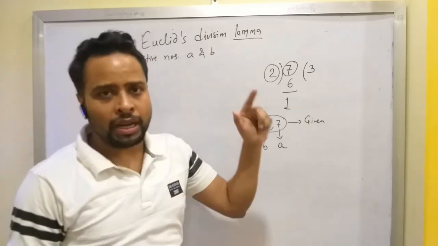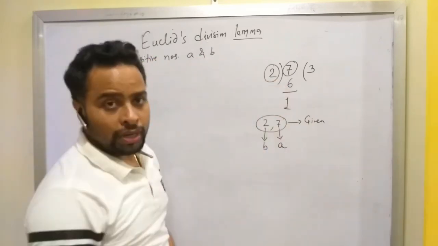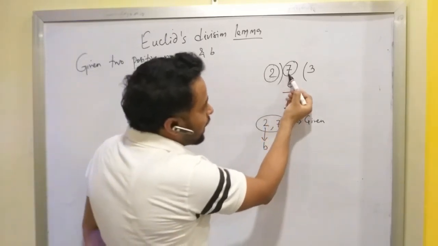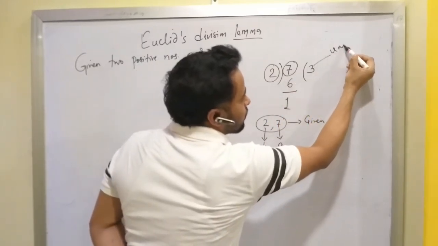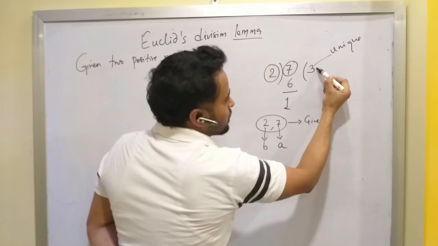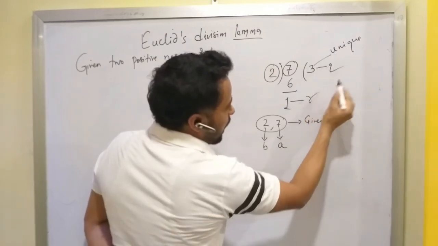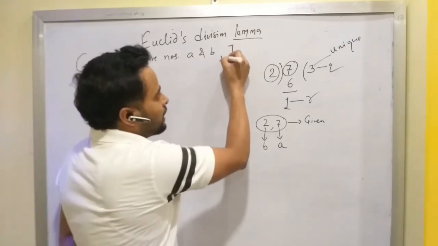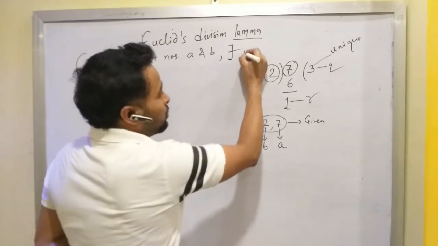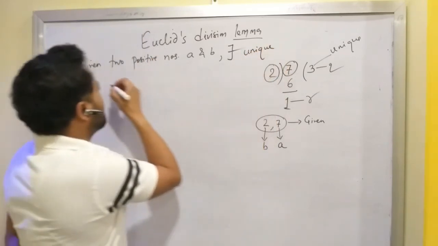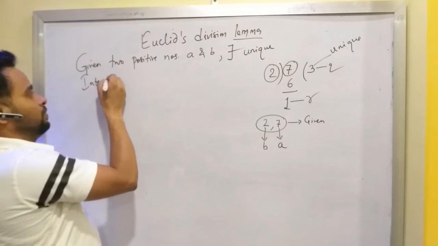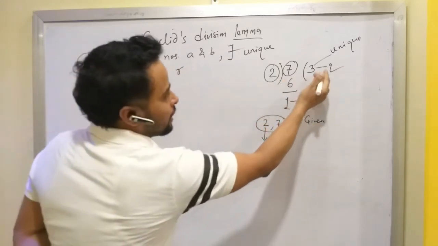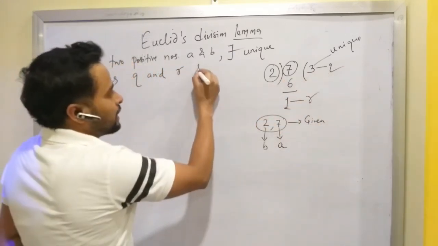Here we have Euclid's division lemma also. They are using division, so I am showing you the division. Given two positive numbers A and B, now because of this A and B, there exist unique integers Q and R, this is Q, quotient, and this is R, remainder. Q is 3, R is 1, satisfying